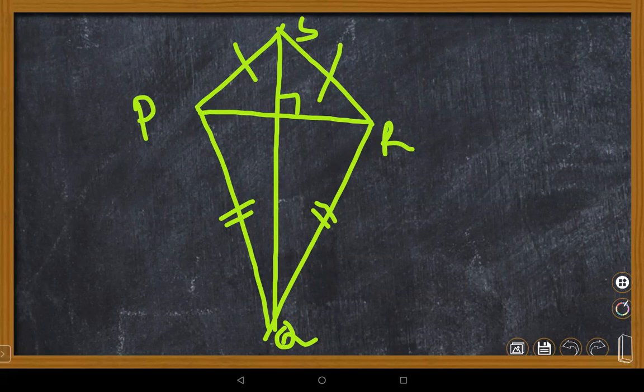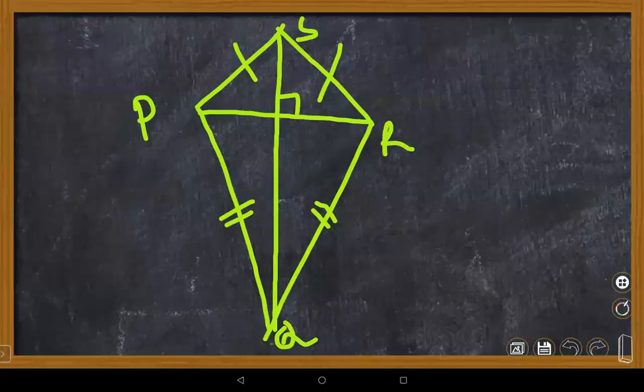I didn't get any question here. Children, do you have any questions regarding kite? No, ma'am. Okay. Shall we make our own question here? Like previous. I have a question, ma'am, which my teacher has given. Yeah, please. In a kite, opposite angles are equal. Okay. Even I have a question, ma'am. Yeah, please share with us.